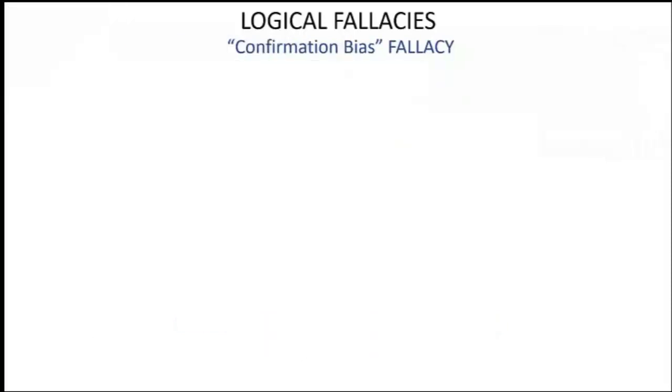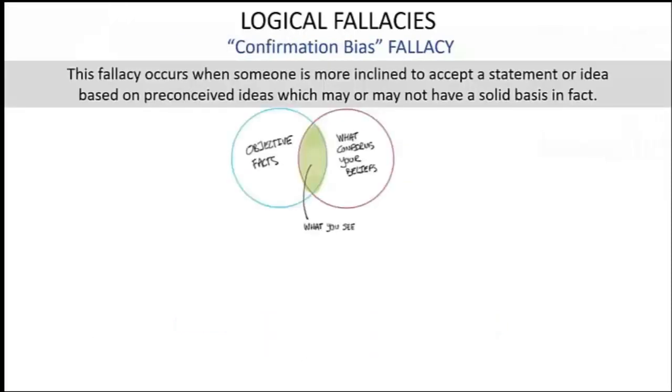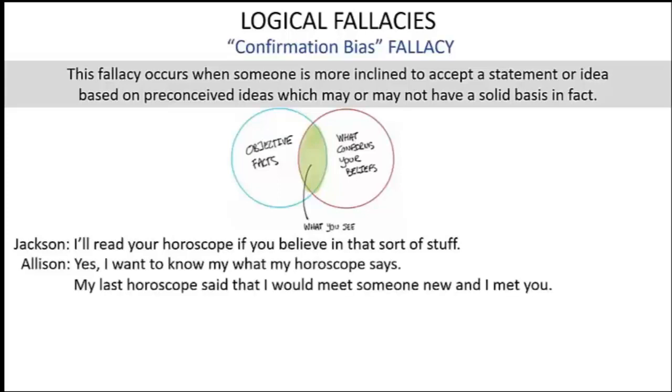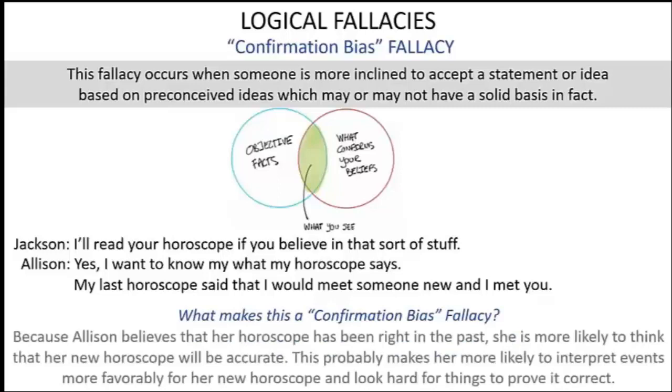The confirmation bias fallacy. This fallacy occurs when someone is more inclined to accept a statement or idea based on preconceived ideas which may or may not have a solid basis in fact. Jackson says, "I'll read your horoscope if you believe in that sort of stuff." Allison says, "Yes, I want to know what my horoscope says. My last horoscope said that I would meet someone new and I met you." What makes this a confirmation bias fallacy? Because Allison believes that her horoscope has been right in the past, she is more likely to think that her new horoscope will be accurate. This probably makes her more likely to interpret events more favorably for her new horoscope and look hard for things